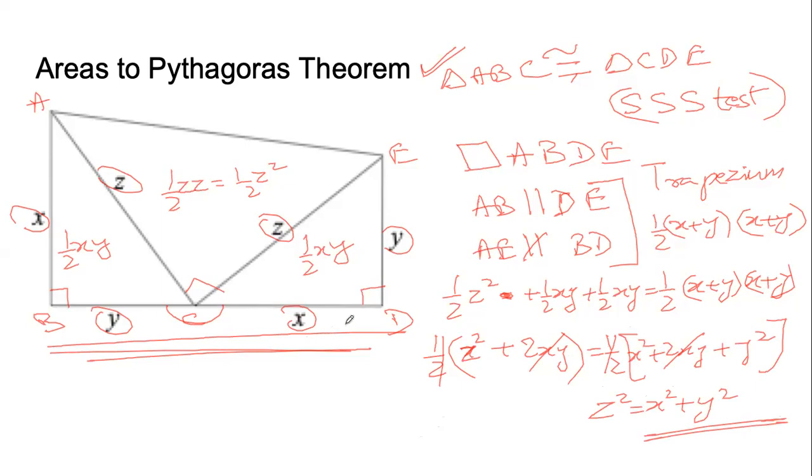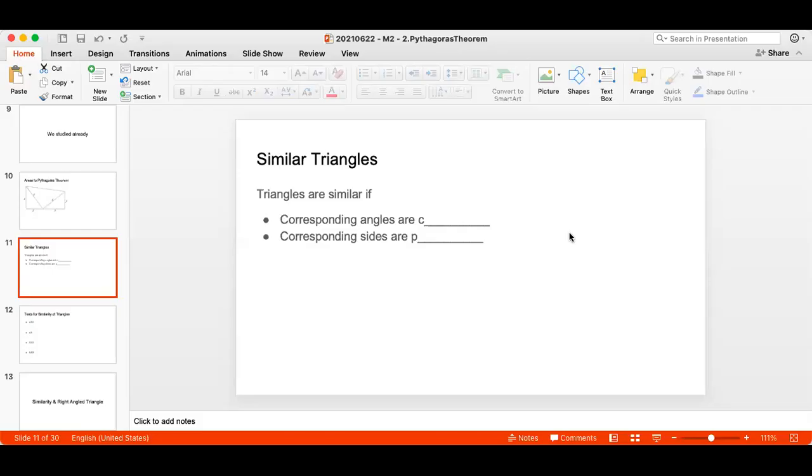We start with two congruent right-angled triangles. We place them in such a way that together they make another right-angled triangle, and together with that triangle they make a trapezium. When we look at the areas of individual triangles and compare it with the area of the trapezium that is formed, we can prove Pythagoras theorem. Now, to move forward, to understand the final proof of Pythagoras theorem using similar triangles, we will first need to